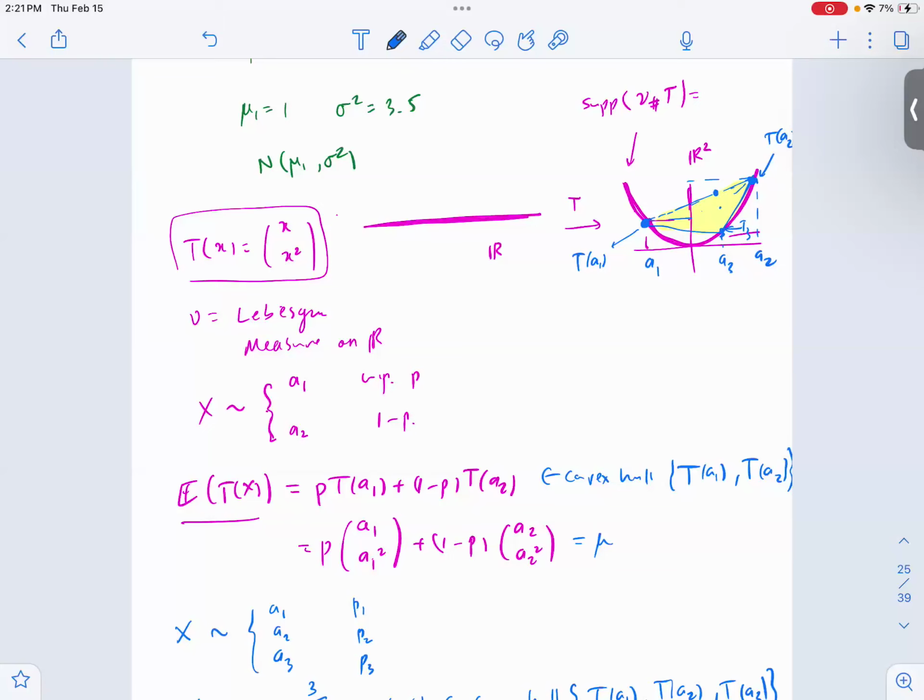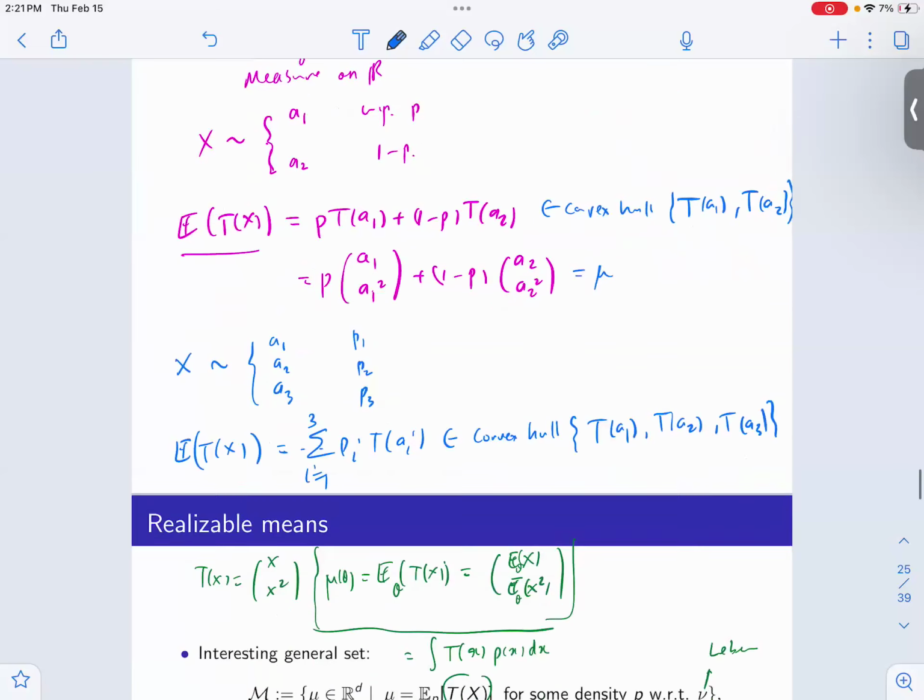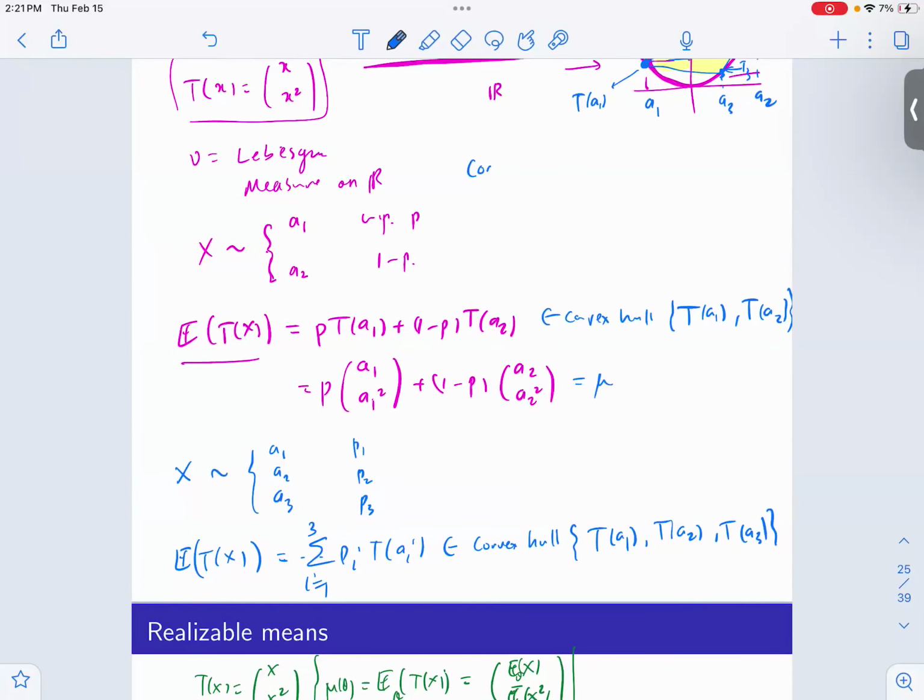The definition of convex hull: the convex hull of a set is the smallest convex set that contains the points in the set. The smallest convex set containing a set is the convex hull. The smallest convex set, yes. So the convex hull of S is the smallest convex set containing